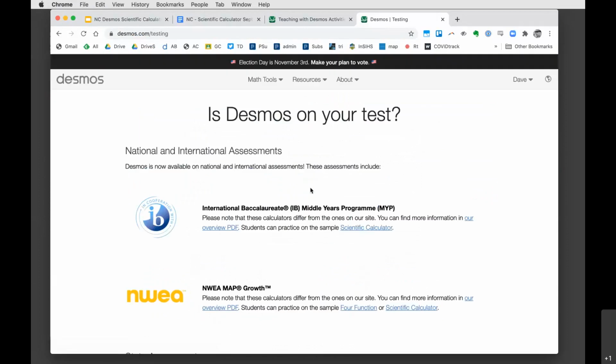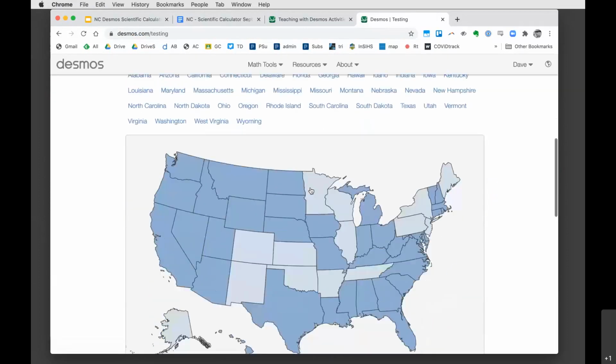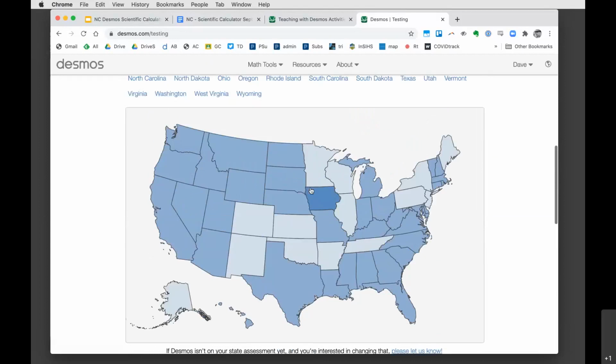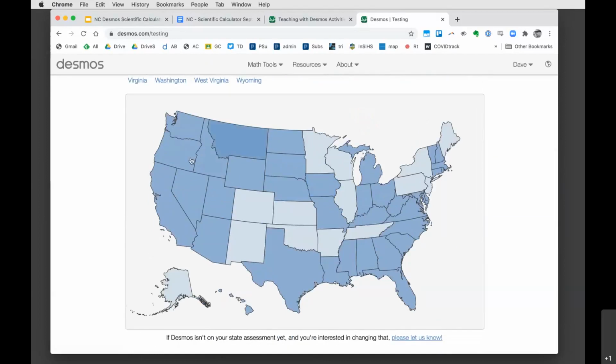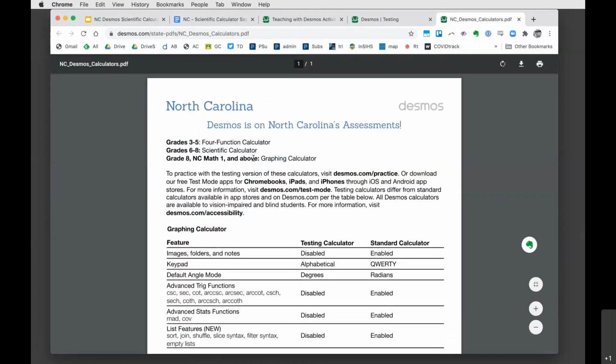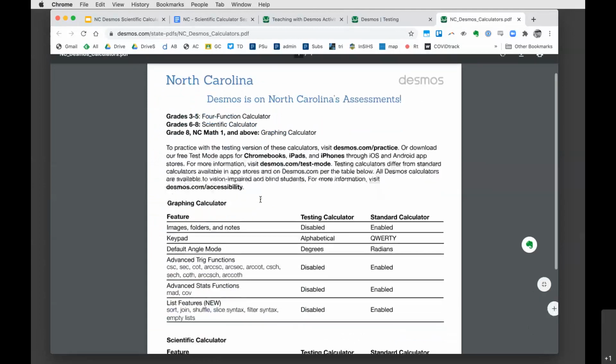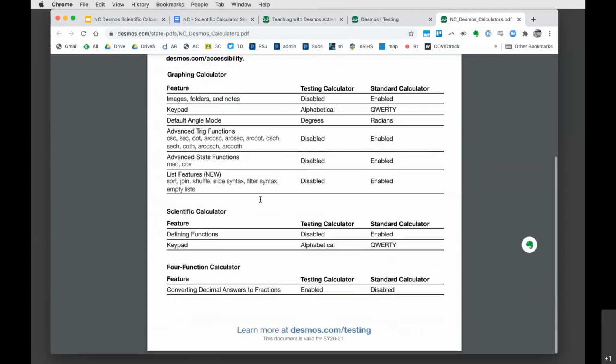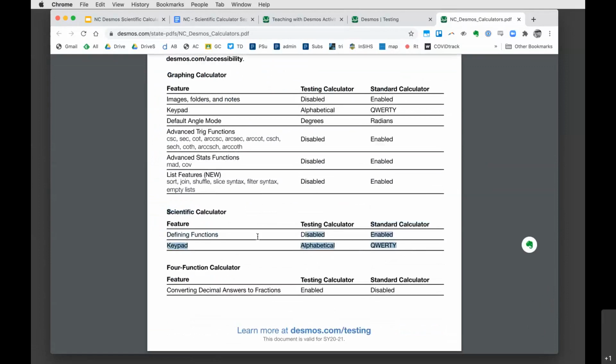And this is going to take me to a page that is specifically for states that use Desmos on their state testing. You can see every state that is in darker blue is a state that uses Desmos on their end of course exam. If I click on North Carolina, I'll see a few links in this PDF right here. This PDF does a good job of giving us all the details about the test relative to the Desmos calculator. And what you're going to find down here is the details on exactly what does and doesn't work on the